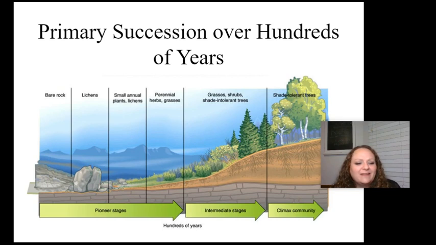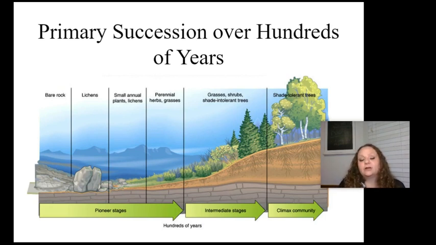After a while, we're going to start to get things like grasses, mosses. These are plants that don't require a ton of soil in order to survive. And then over time, eventually, we're going to get things like shrubs. We're going to get some of these what they call shade intolerant trees. Typically, what they mean are like pine trees, trees that grow really super fast. And then ultimately, we'll end up with the more shade tolerant trees like the hardwood trees, oak trees, maple trees. And that's assuming that that's what the climax community will be in this area.